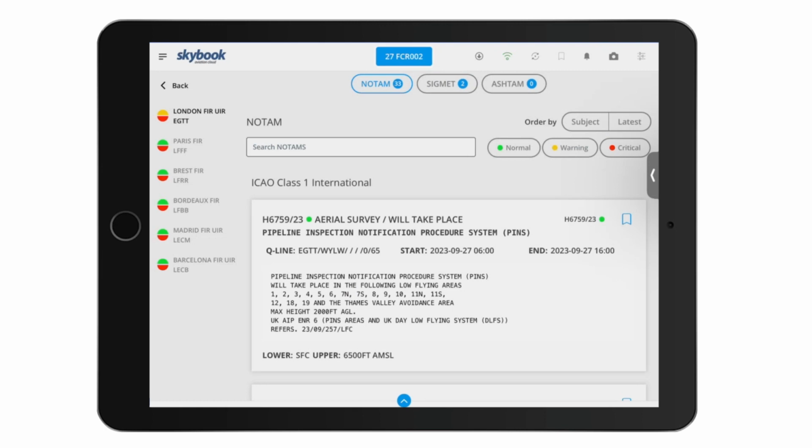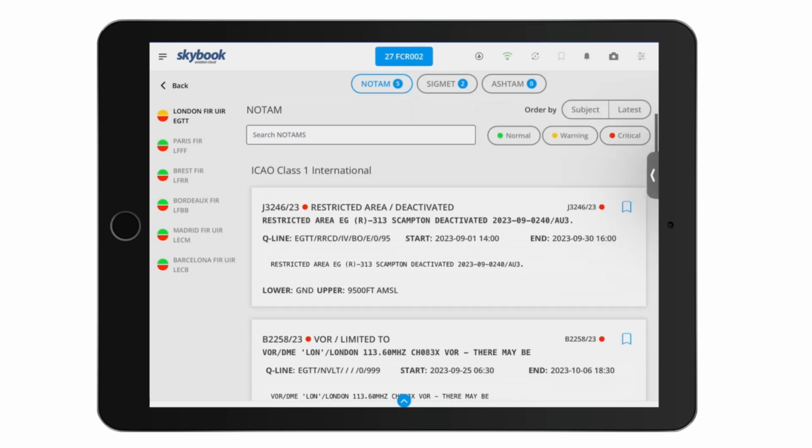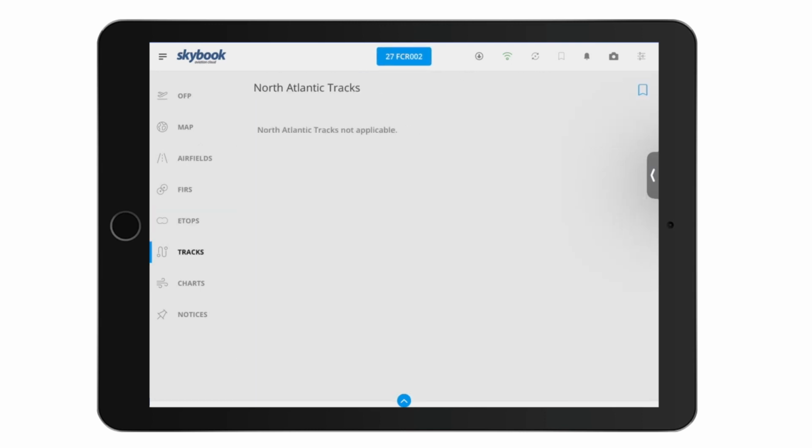And again, we have the same filter capability. So I can click critical, and that then reduces it down to the 5 NOTAMs, which are most important to me. If this was an ETOPS sector, we would also have our ETOPS release information available to us, and the same if we were going oceanic and going across North Atlantic tracks. My North Atlantic track information would also be displayed here,